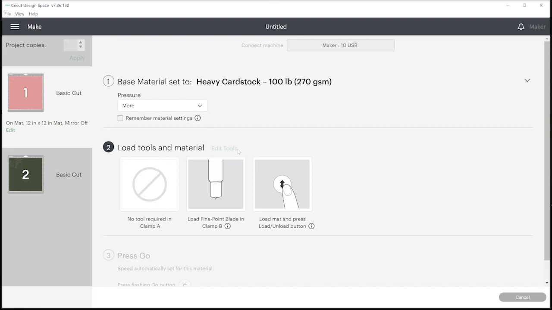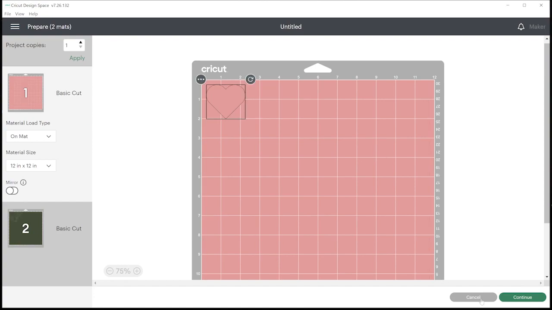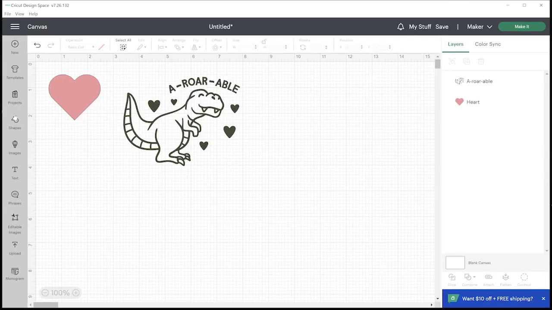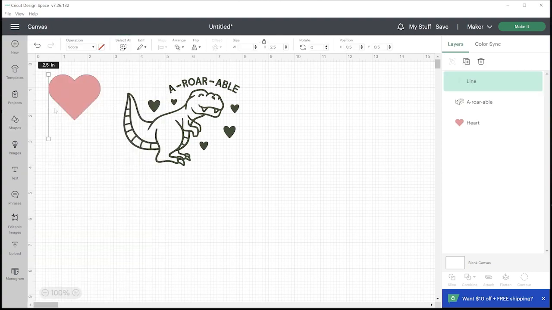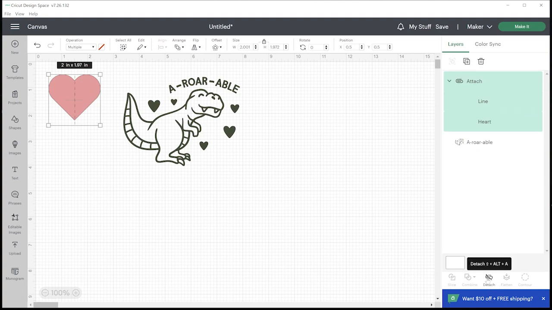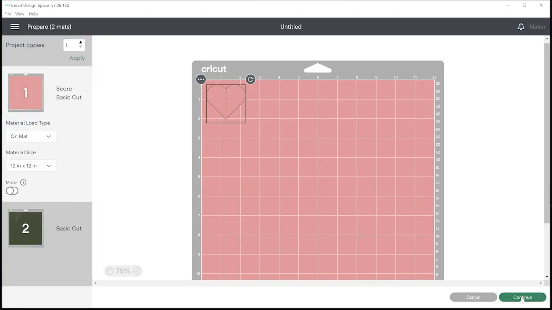blade. The other thing, if you have the option, there's this edit tools, and let me actually go back, and I'm going to add a score line because I know that gives me that tool edit option. So I'm just going to add this little score line to my heart. I'm sizing it down, and then I'm highlighting both of those just by clicking and dragging, and I'm saying attach. So now when I go to make it, I can say continue,